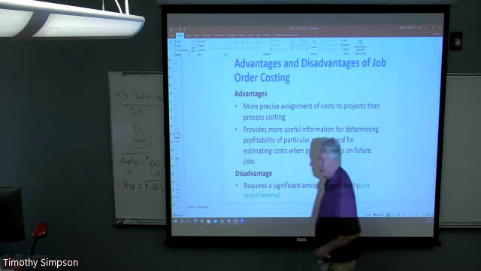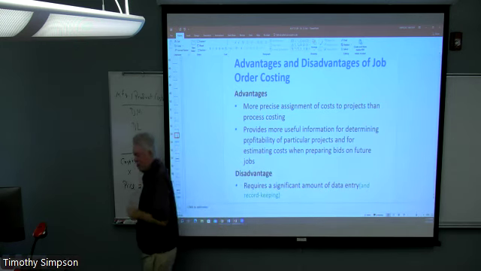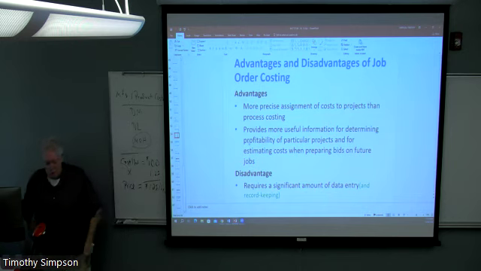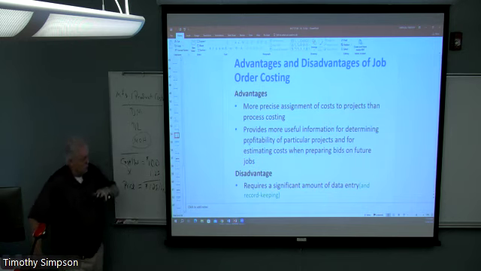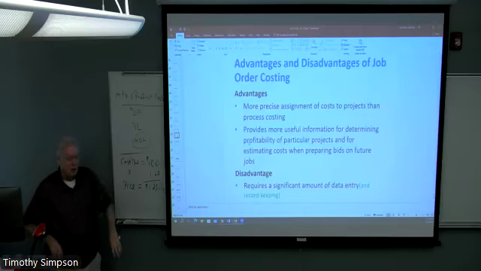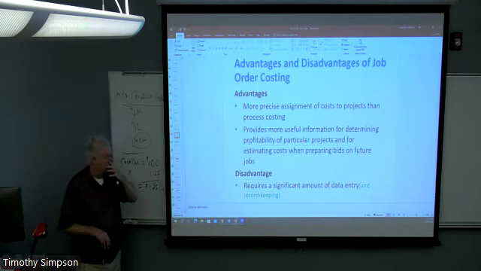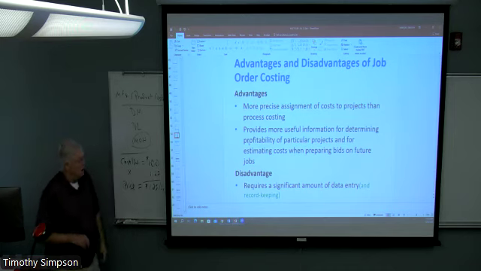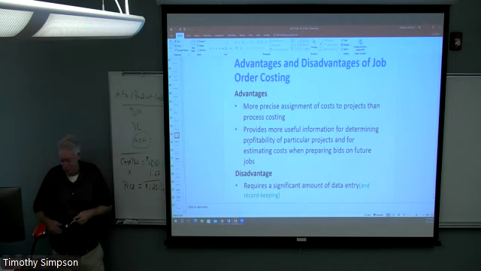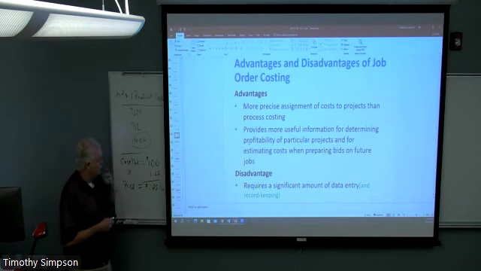And I know that there are lots and lots of firms out there that are involved as construction contractors, construction subcontractors, whose costing should really be on a job order basis because their labor moves around to different places throughout the workday, and materials are drawn from a common place and assigned to different areas. Drywall paste might be on this job in the morning and then on another job in the afternoon, that sort of thing. But it's difficult for them just because of size, and there are often only a very limited number of people who do that. But to the extent that they can do it, it would enhance their ability to do better and more accurate pricing. Okay.